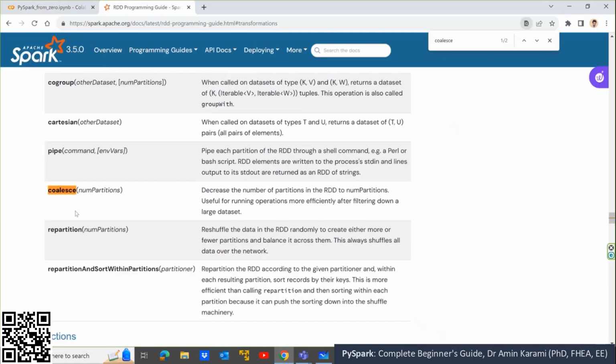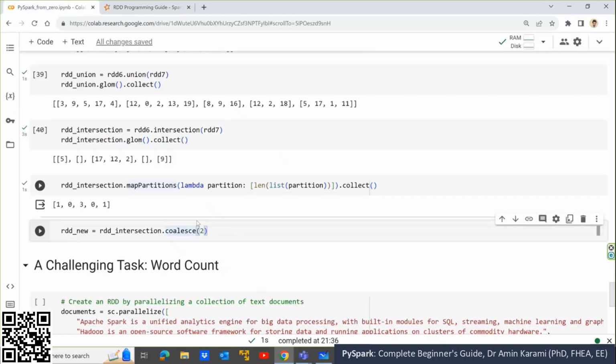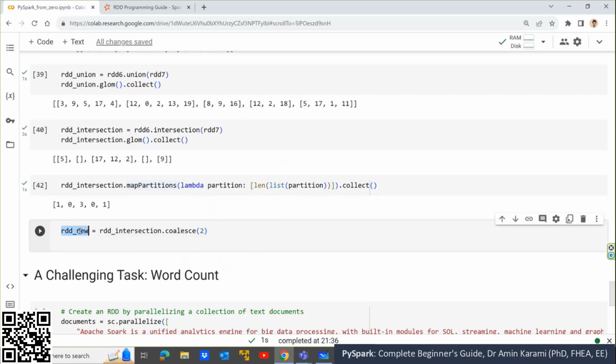If I search coalesce, it decreases the number of partitions. This is a part of transformation operators. All right, so two. And then why not double check if it's true? So let's say dot glom dot collect. If I run,